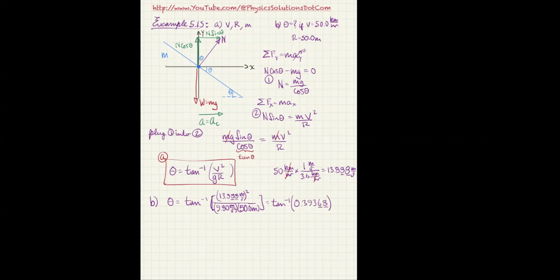So I carried more than the required number of sig figs, and now I take the inverse tangent of that, and that gives me 21.488 degrees is equal to theta. And that's our answer. So if you want a vehicle to make a 50 kilometer per hour turn, that's 50 meters in radius, and you don't want friction to be required, then you need to make sure the angle is about 21 degrees. Now, the danger of that, of course, is